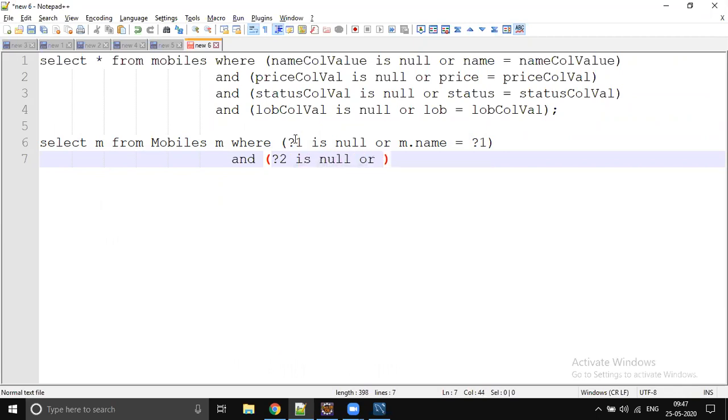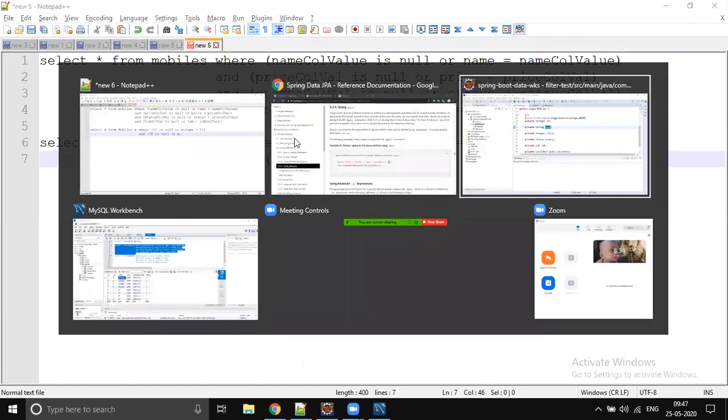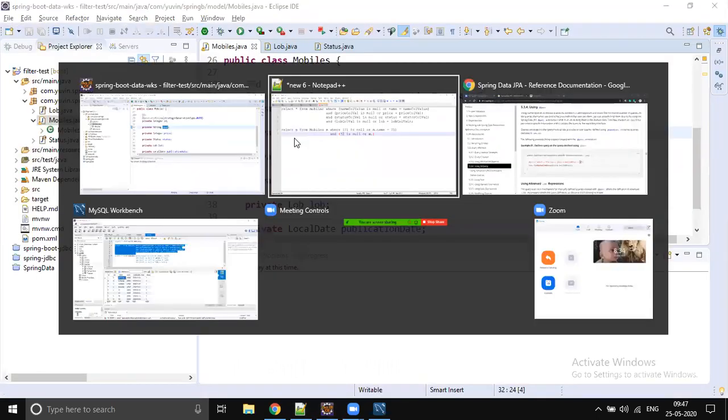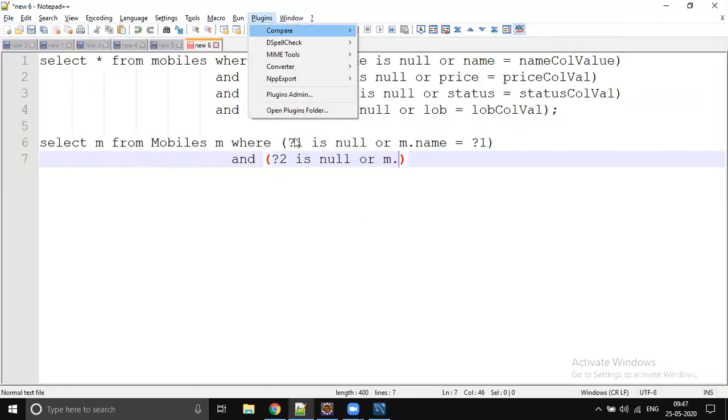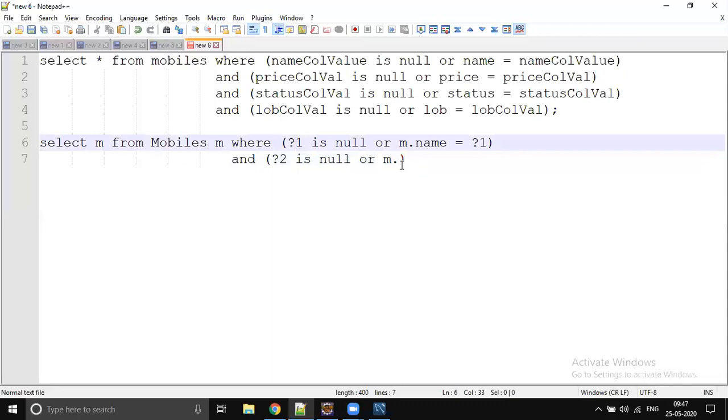So that's why we are writing is null or m dot, what is the next thing? Price. So price may come, may not come, right? So m dot price equals question mark 2, and